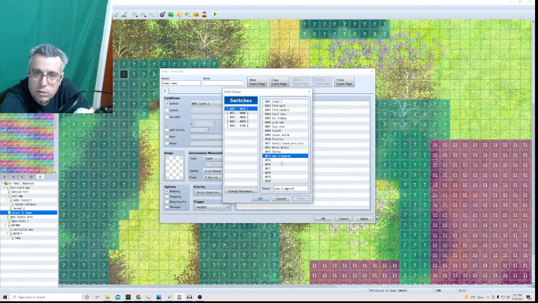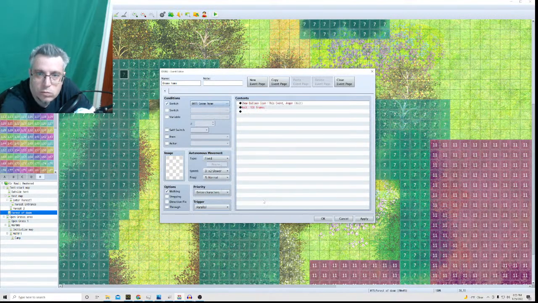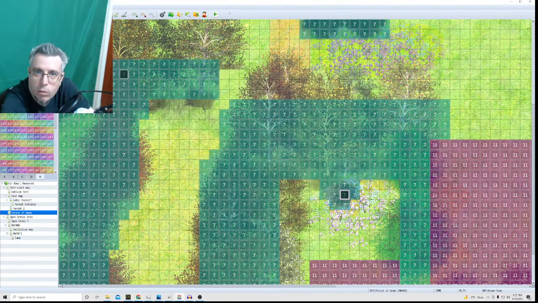We're gonna have a switch that's going to say, and we're just gonna have the Gnome Home switch. You know, no, we don't even need that. We're just gonna have that be the regular switch. So it's parallel, so it should just keep going, right? So when we open this up,